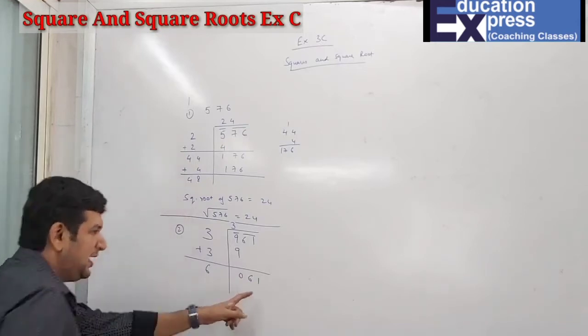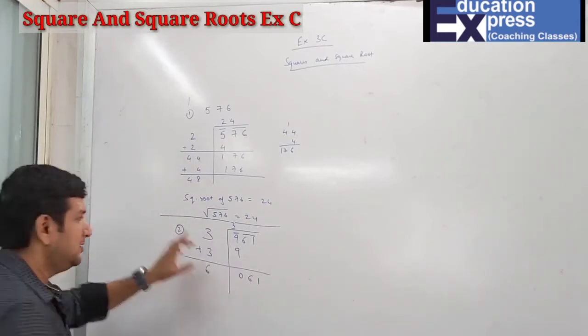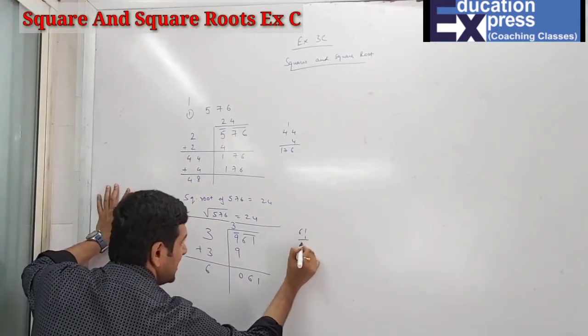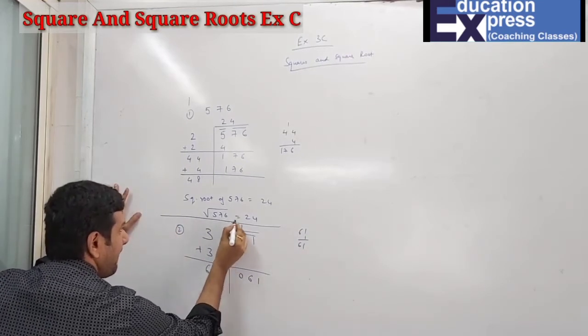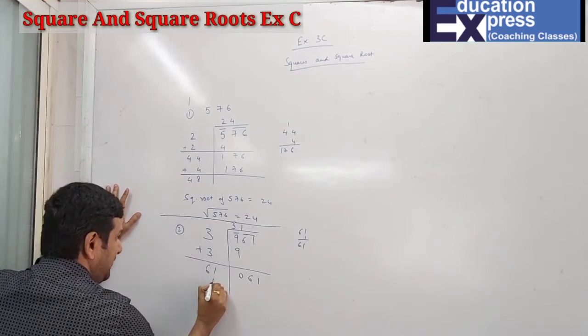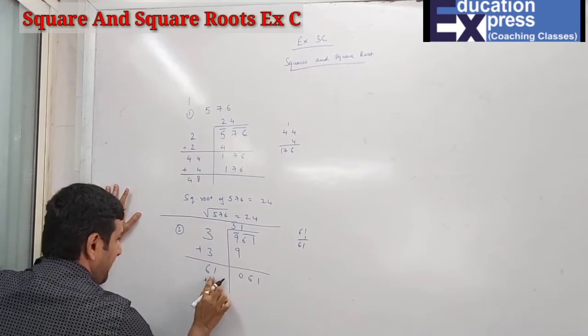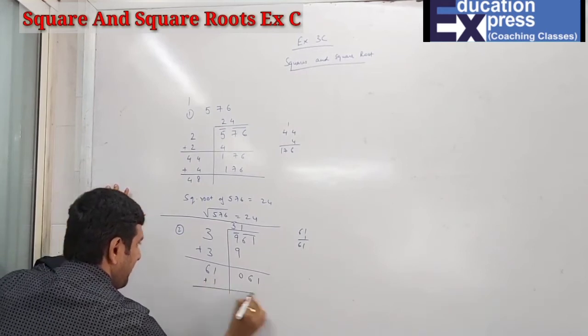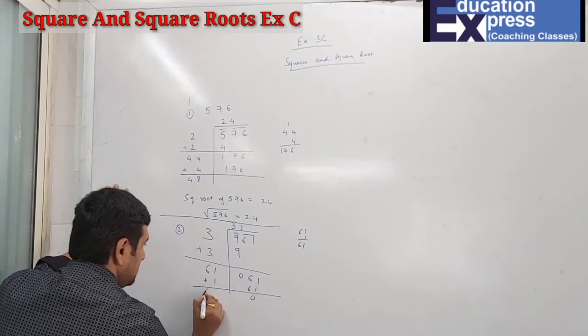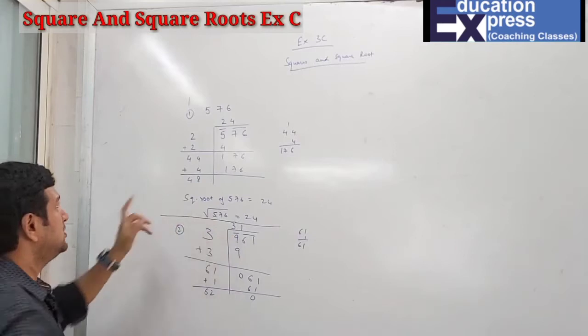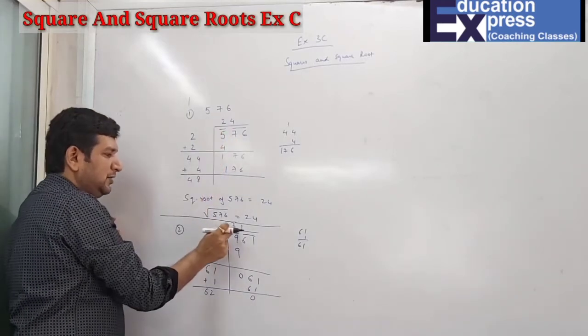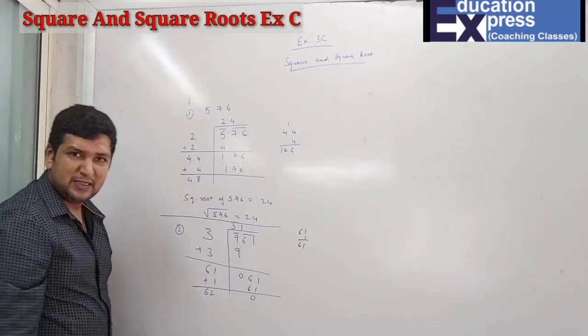Now here students, last is what? 1. So 1 ones are 1. So 61 ones are 61 only. So 1. Here also 1. And then plus 1. Zero, 62. So the answer is 62. You can just check students in both the sums. 24 ka double 48, 31 ka double is 62. Then the answer is correct.